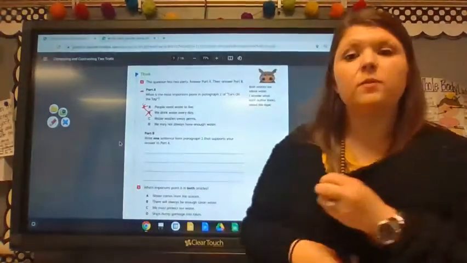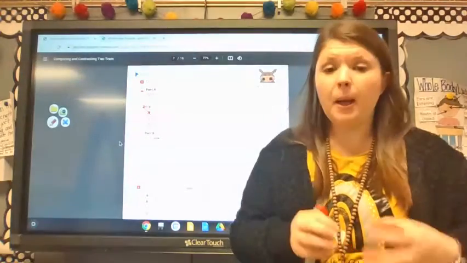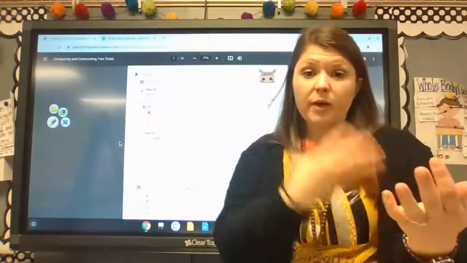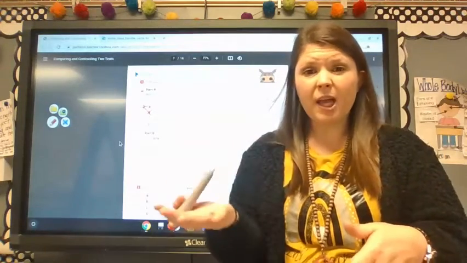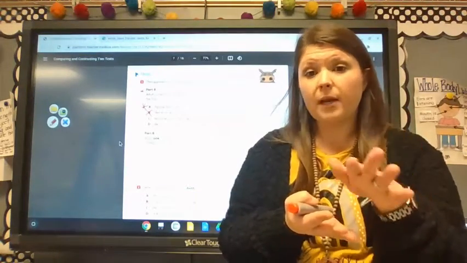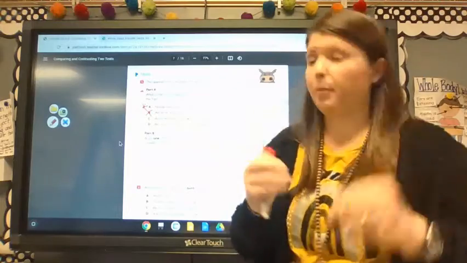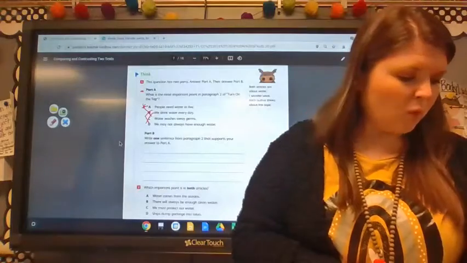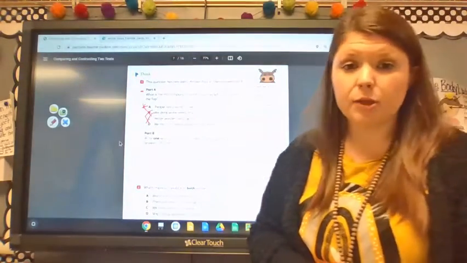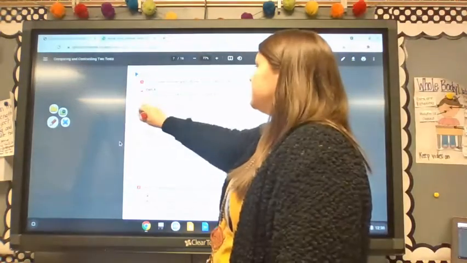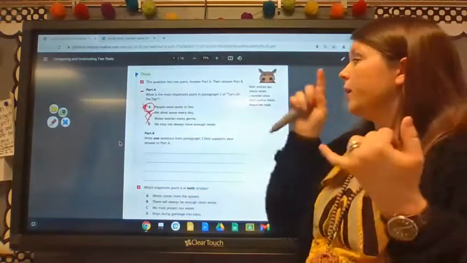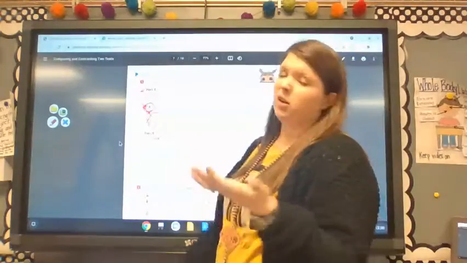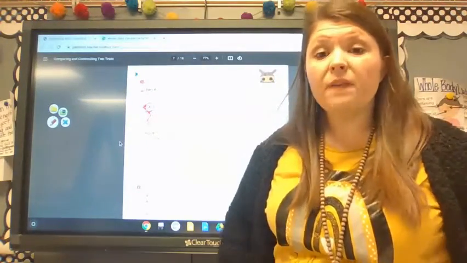Water washes away germs. Well, that was another thing that was mentioned, but remember that's where we're talking about in our success criteria, being able to determine important points from unimportant points. That unimportant point is needed to support that important point, but it's not the main part, okay? We may not always have enough water. Was that all what paragraph number 2 was about? No, it was all about us needing water to live so that we can drink water every day, so that we can wash the germs away. And if we are not careful, we might not have enough, but that wasn't what the whole thing was about,